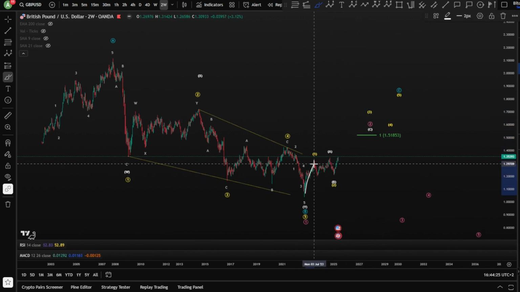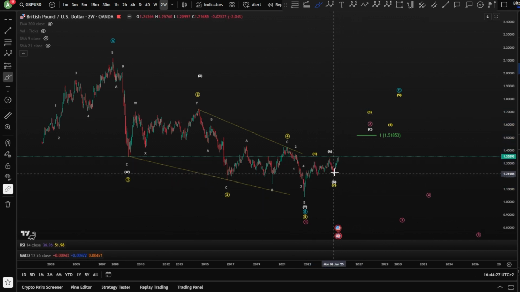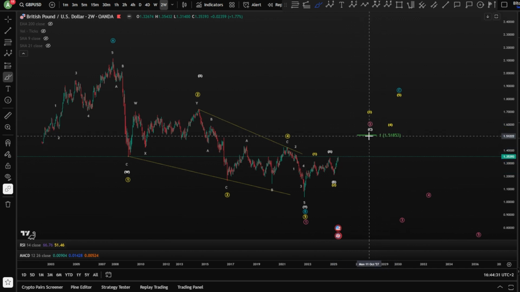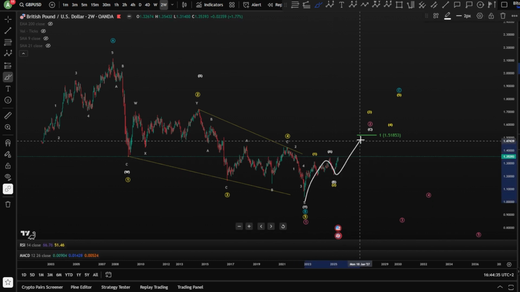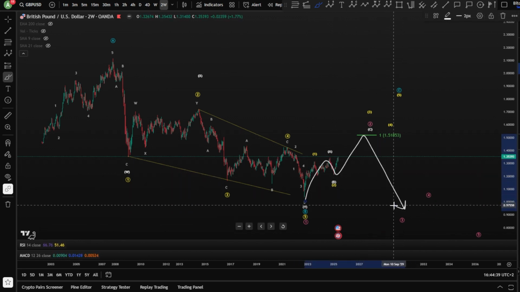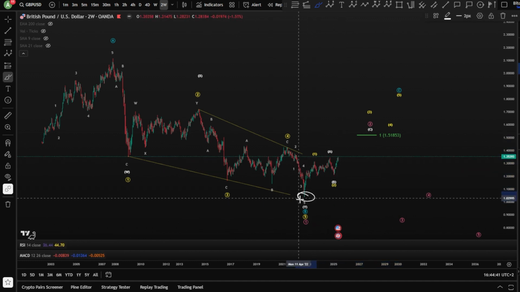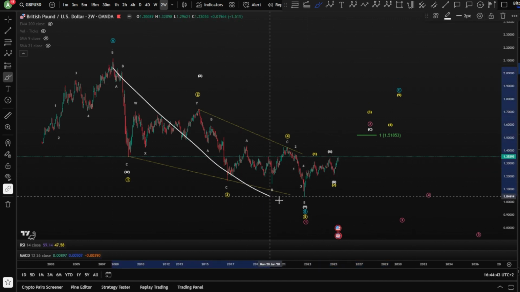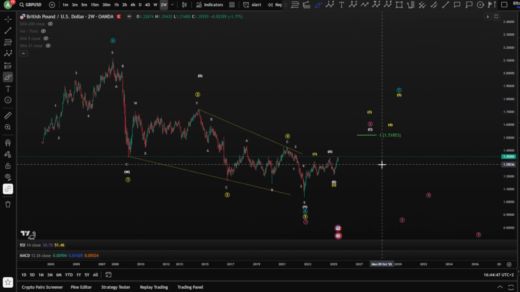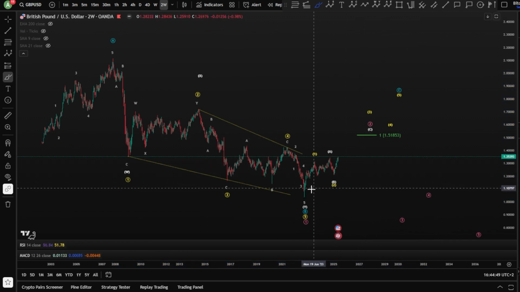Now, in case we are in a 1, 2, you would like to see, of course, a wave 1, 2, 3, 4, 5. Again, for a wave 3 to overshoot, of course, the 1 to 1 fib level, because you don't want to see an ABC here, because this scenario will bring us back down for something lower to take the low, which might let this GPP unfold as an ABC or 1, 2, 3, 4, and a 5.